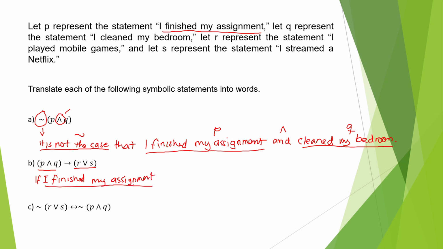This is our P and this is our "and". And this is our Q, which is I cleaned my bedroom. So therefore we could have clean my bedroom. This one is conditional, so therefore comma, then.